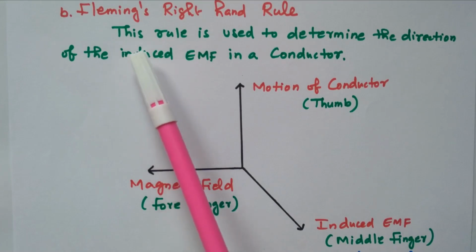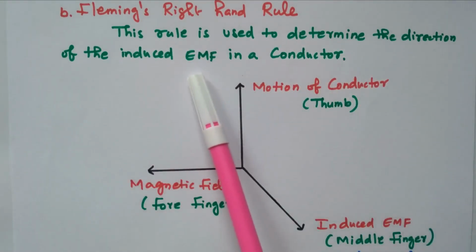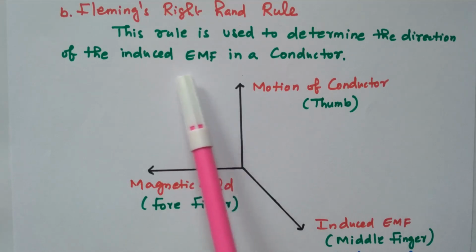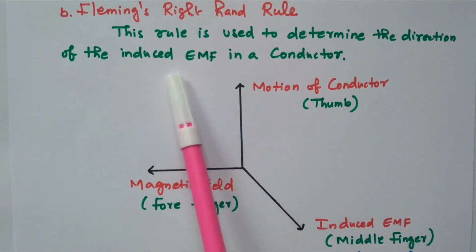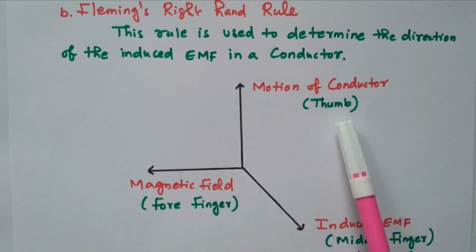So the Fleming right hand rule is used to determine the direction of induced EMF in a conductor. The previous case is the direction of motion, force acting on a conductor. Now we can see the induced EMF in a conductor, right? So in a right hand, if you stretch the thumb, forefinger and middle finger which is perpendicular to each other,